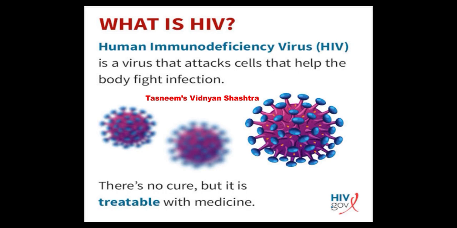And not only this, the symptoms are fever, chills, joint pain, muscle aches, sore throat, sweating, enlarged glands, red rashes on the body, tiredness, weakness, blurred vision. And when it goes to the third stage, your vision becomes blurred and you are unable to see, you are unable to hear, diarrhea, continuous coughing, white and yellowish spots on your mouth, face and body parts, and you face continuous breathing problems. So we have to take preventive measures.